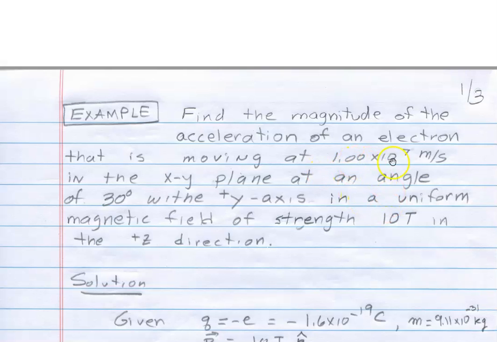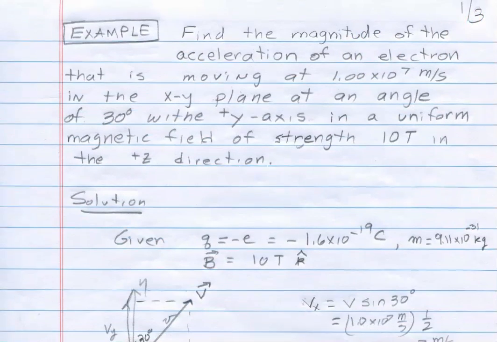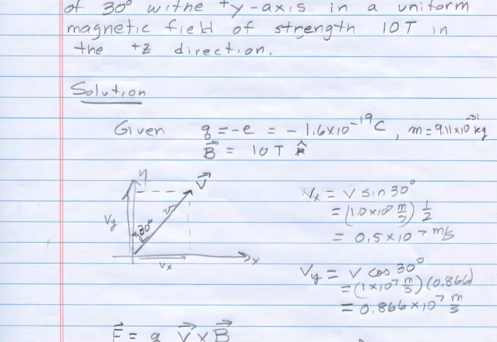And let's see, we're given the velocity, well, or at least the speed, right? We're given the speed, and we're given the direction. It makes 30 degrees with the y-axis. And so we've got speed v. v is 10 to the 7th meters per second. And this angle that it makes with the y-axis is 30 degrees. So the first thing, after looking up the values and drawing a picture, I've got a velocity vector now, and I know that in the magnetic force,